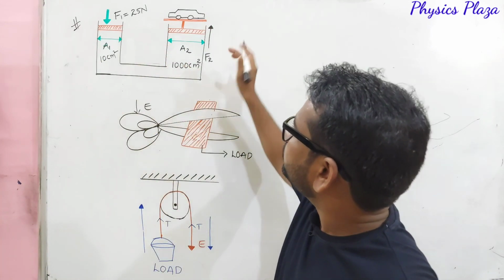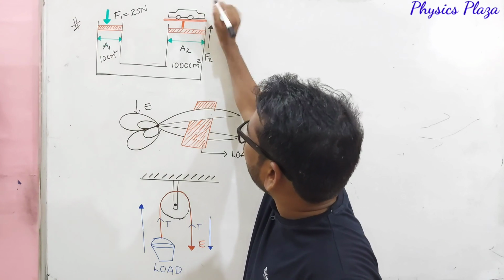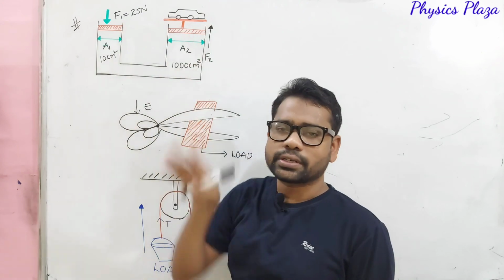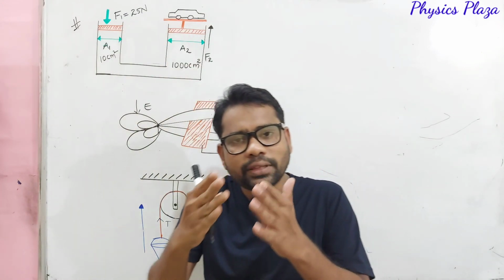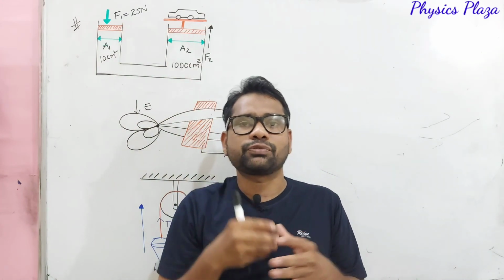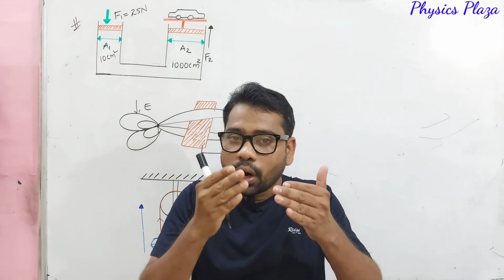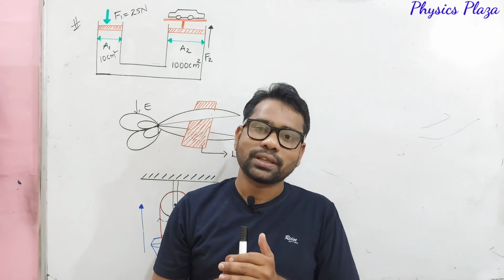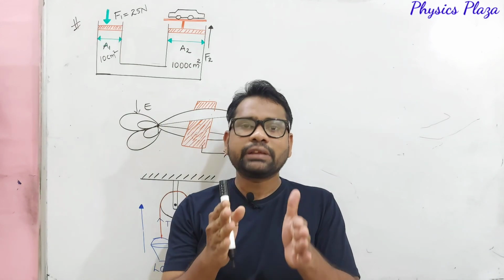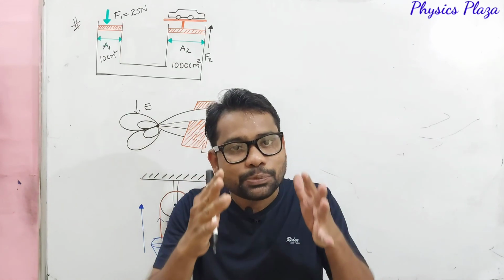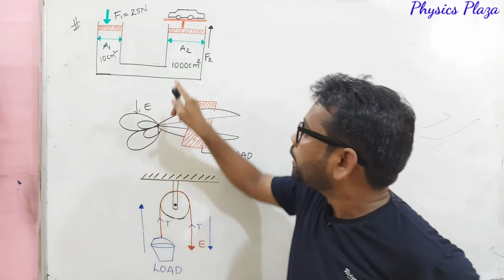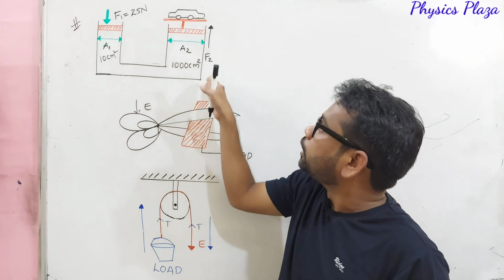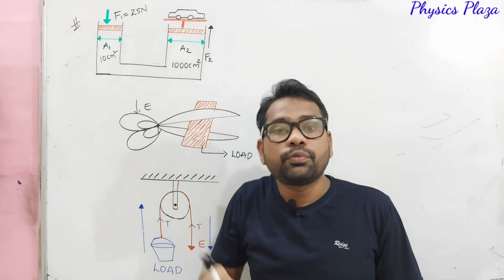Here, let us say it is a car, for example, and we are applying a force of 25 newtons to the machine. But what will be the output? Are we going to get a force more than 25 newtons, less than 25 newtons, or equal to 25 newtons? First of all, what is its function? What is the main function of a hydraulic machine? To see that, we need to calculate the output force. How much output force are we getting?